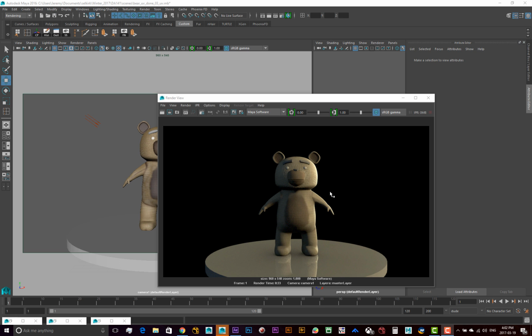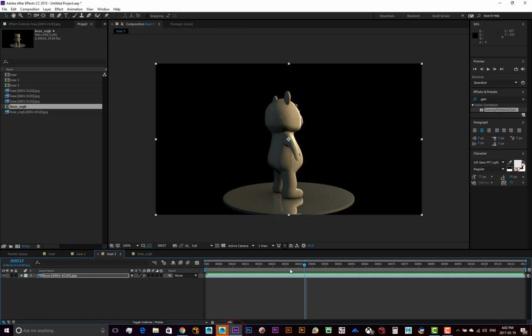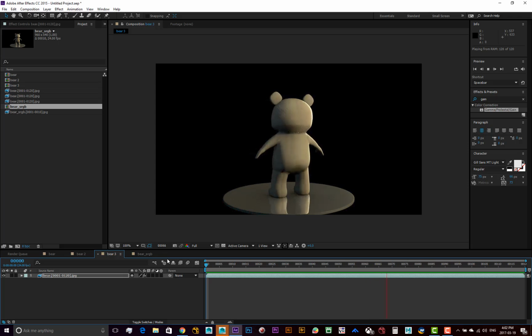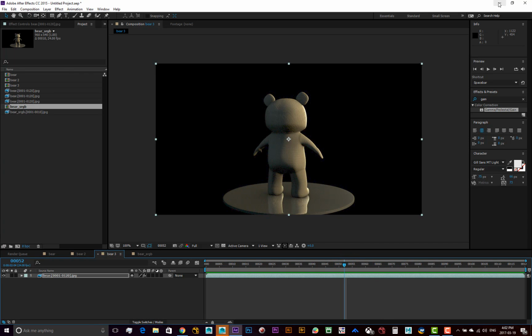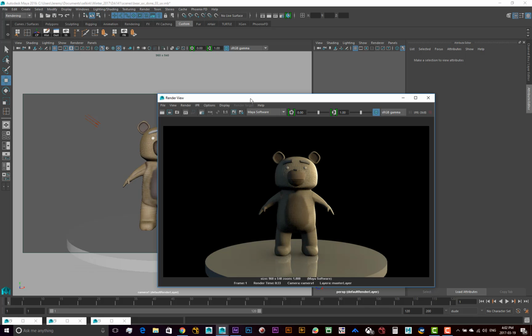That's what turntables are all about, showing off your model in a 360-degree turn. And this is a render I did earlier. So this is what we're more or less going to wind up with. So we want a nice seamless loop. Go back to Maya here. So that's kind of what we're after here. So we want sort of a seamless loop